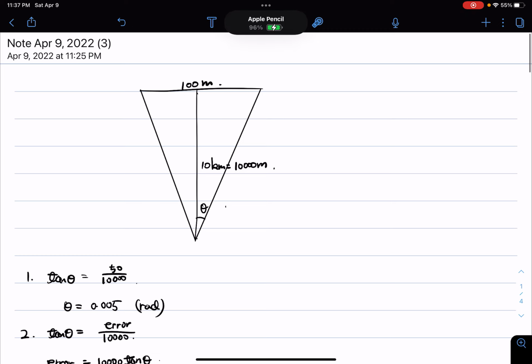So assume that the entrance is 100 meters wide, and this is what I draw, the entrance, 100 meters wide, and my ship is right here. It's heading right towards the middle of the entrance, like this, and it's 10 kilometers away from the entrance. So the distance from this point to the entrance is 10,000 meters,